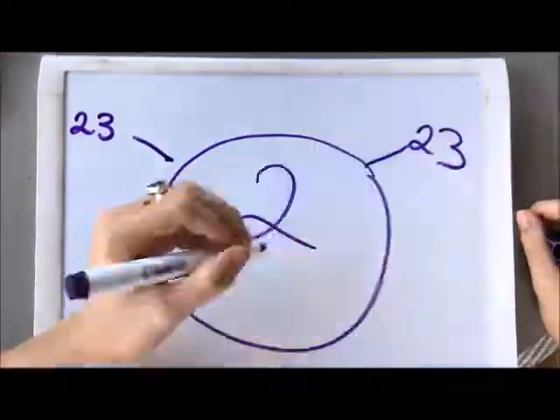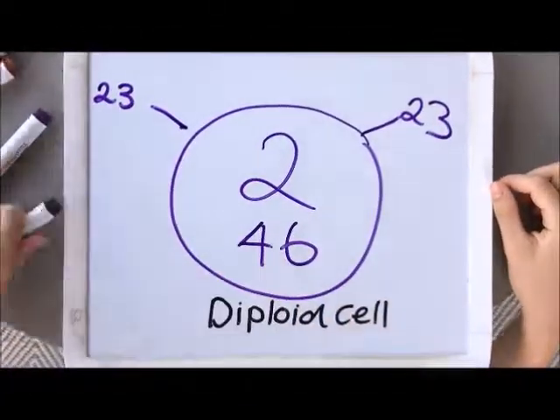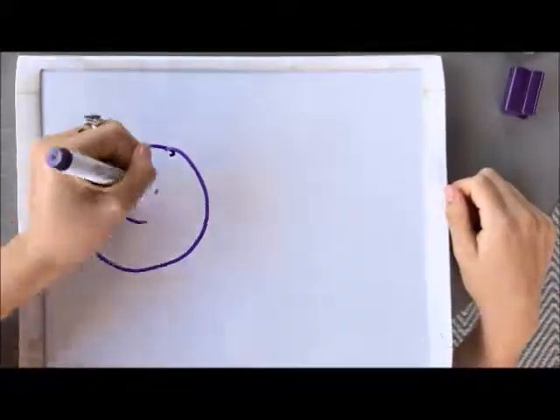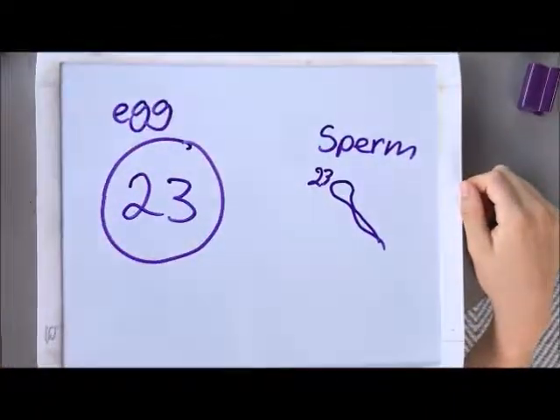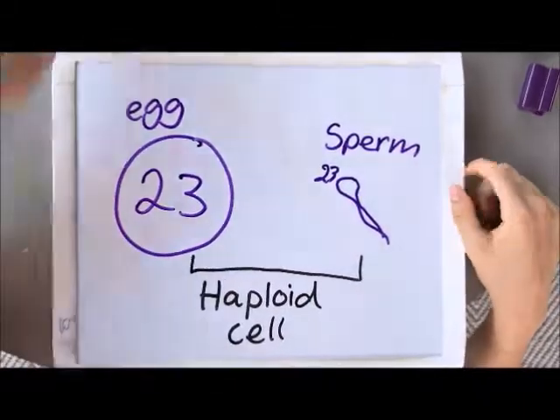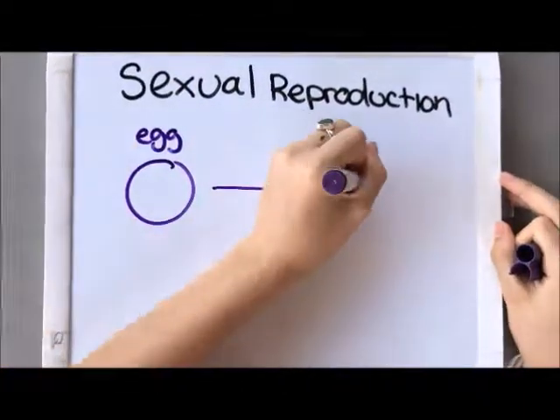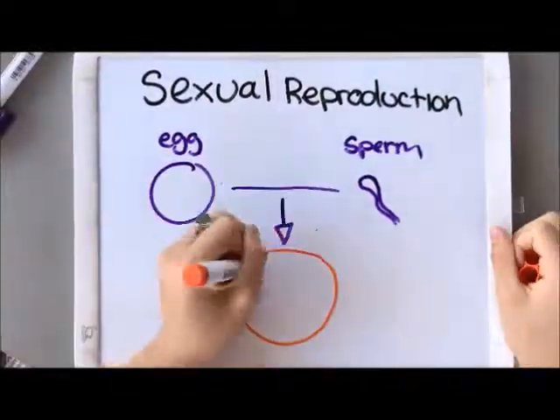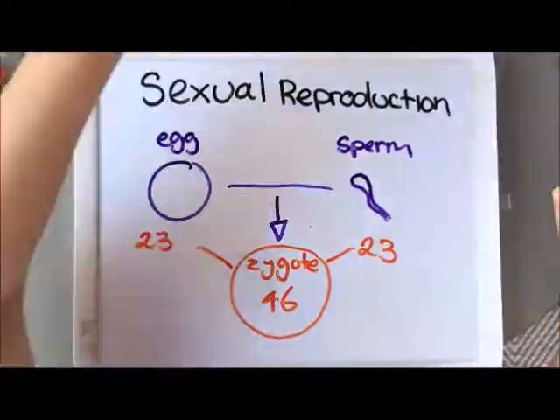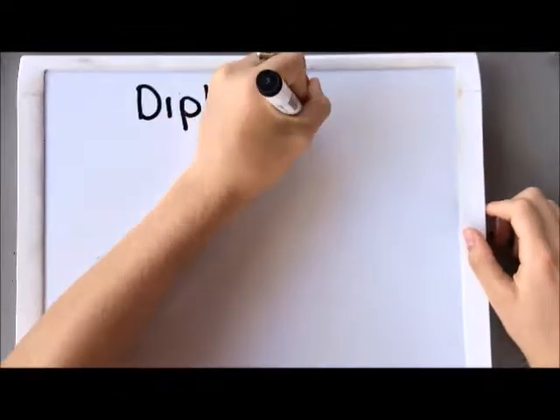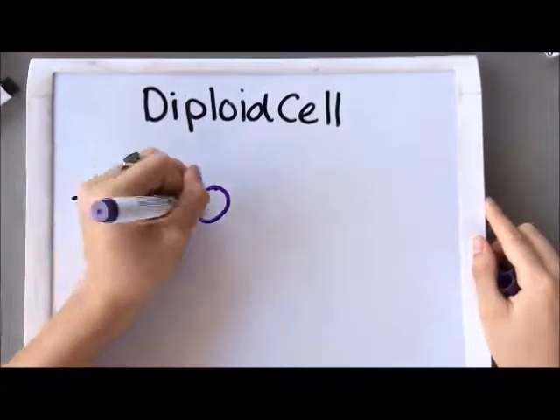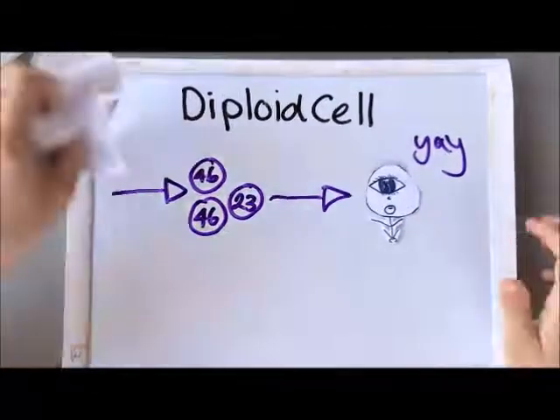Most of our cells hold 2 sets of 23 chromosomes. This is called a diploid cell. An exception to this rule are sex cells, egg and sperm, also known as gametes, which only have 1 set of chromosomes each. They are haploid. During the process of sexual reproduction, the gametes fuse together, egg and sperm, to form one cell with 2 sets of 23 chromosomes called a zygote. This cell has now formed into a diploid cell. It has a complete set of instructions needed to make more cells and eventually a whole person.